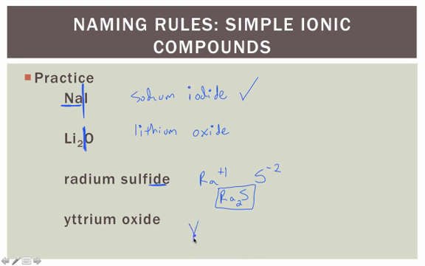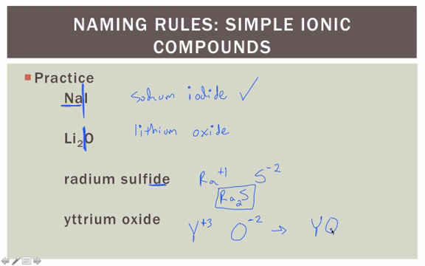This is yttrium oxide. Again, on your periodic table, you look this up. We have the symbol Y for yttrium. We look up its charge, and it is +3. We have the symbol O for oxygen. We look up its charge. Oxygen's charge is -2. We try to combine these two together to get the symbol YO, but as we talked